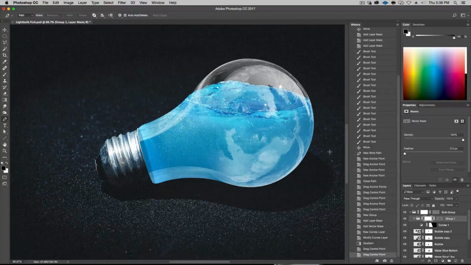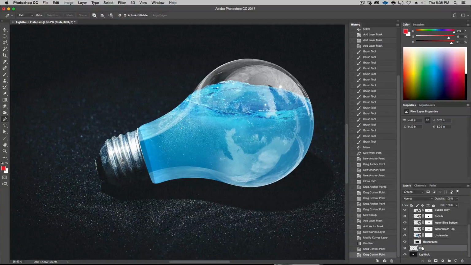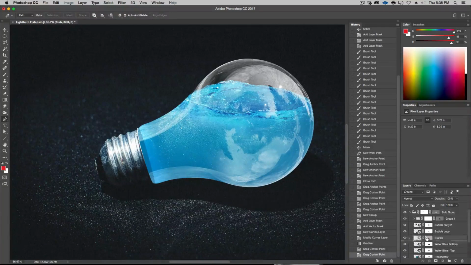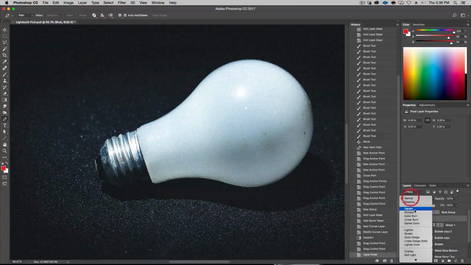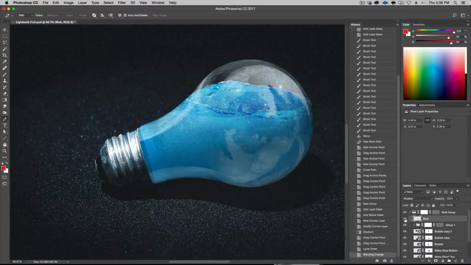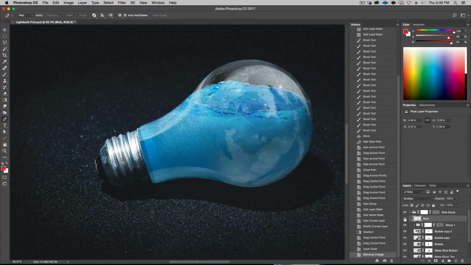And there's another thing. Do you remember in the very beginning we had this bulb here? Let's bring that in. Okay, let's bring it at the top up here. It's all white. Let's put this in multiply, which means it darkens. Okay, so before it, after it. You see it added all the shading that we had in the original photo. So that's pretty cool, huh? See, it showed it. Oh, look at all that shadow. I couldn't have possibly drawn that in as perfectly as that photo. Adds a little grain, etc., etc.